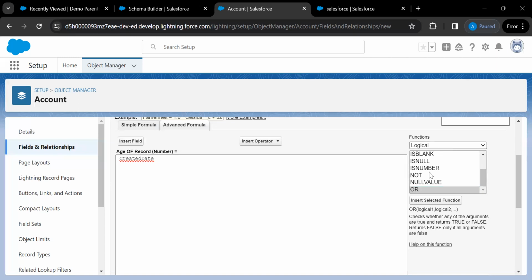For maths, we have exponential. See, we will not discuss each and everything, okay? Because this will be something as an exercise. You guys have to explore and come up with questions if you have any, because there are multiple options for everything, right? We cannot dig into everything. So for now, I will be showcasing an example of a formula field, how we are creating it, what we are calculating. So I want to create a formula field on the account object to calculate the age of a particular record,